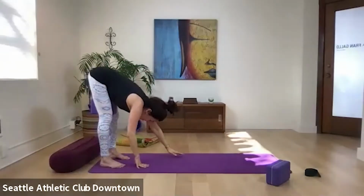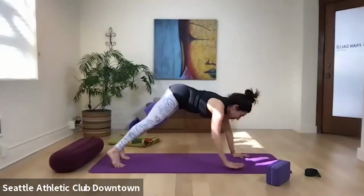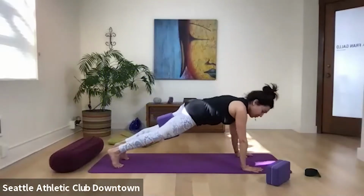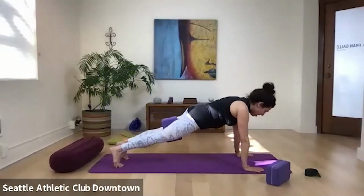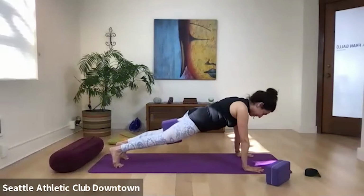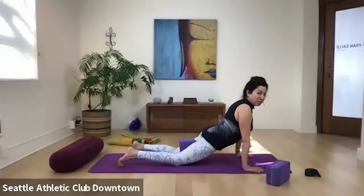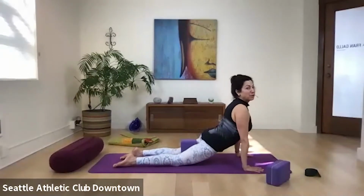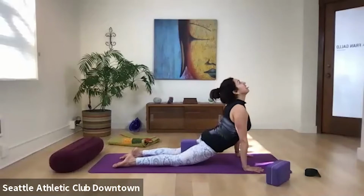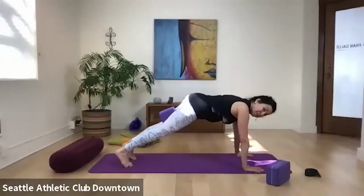And then walking forward. Squeeze into the block. Deep breath in. Exhale. We're going to come to upward facing dog with the block in place. Sometimes it's better just to have your knees down and look up. Okay. Squeeze, press back,